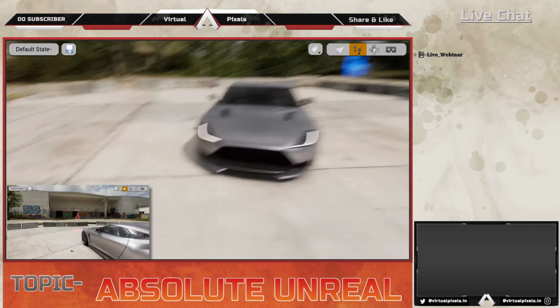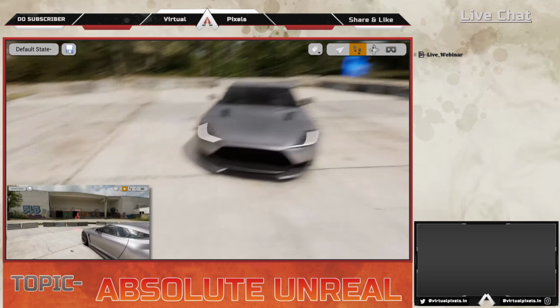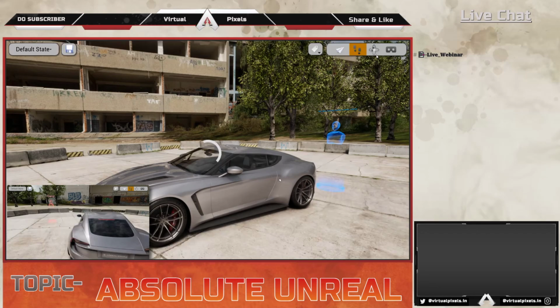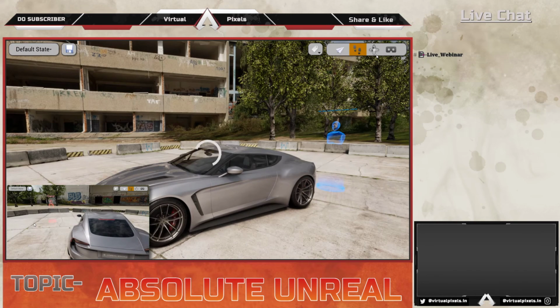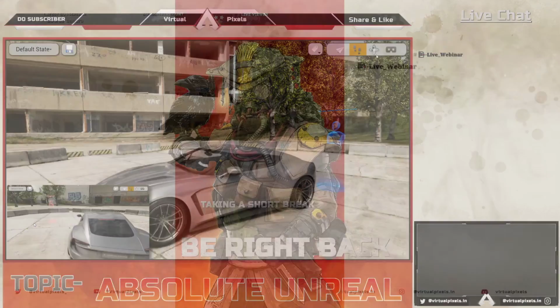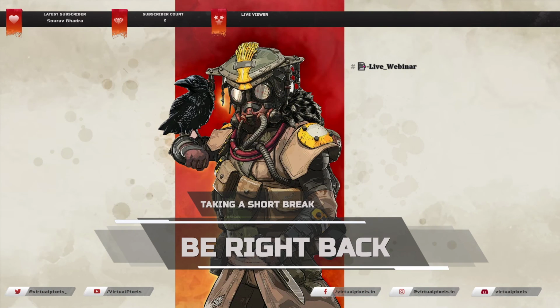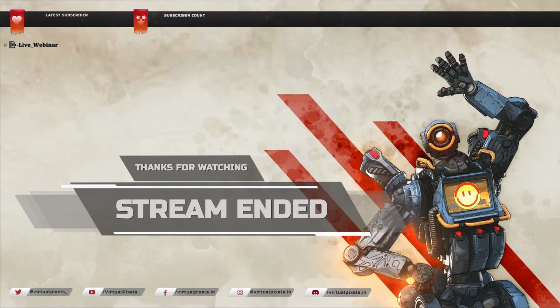So the next navigation mode that I want to draw your attention to is the CAD navigation mode. So if I use my middle mouse button, I can define a point